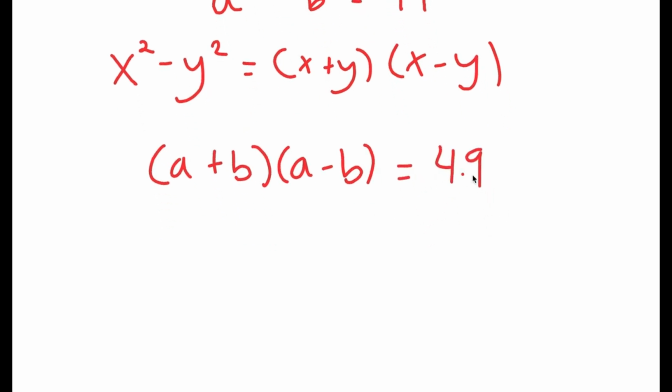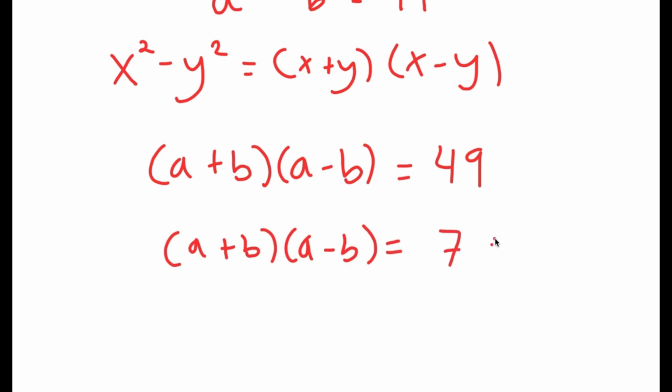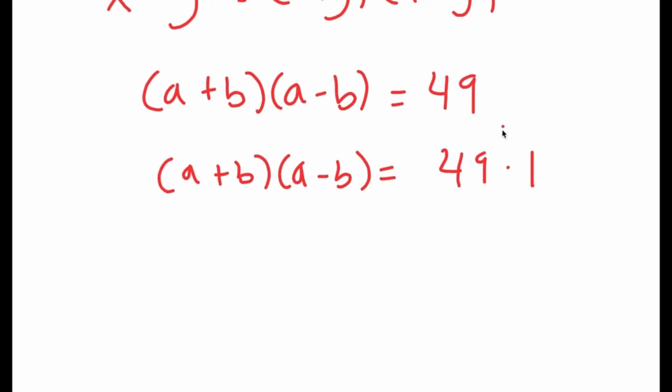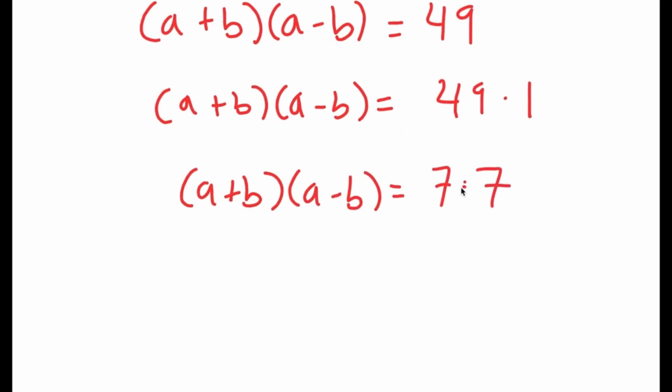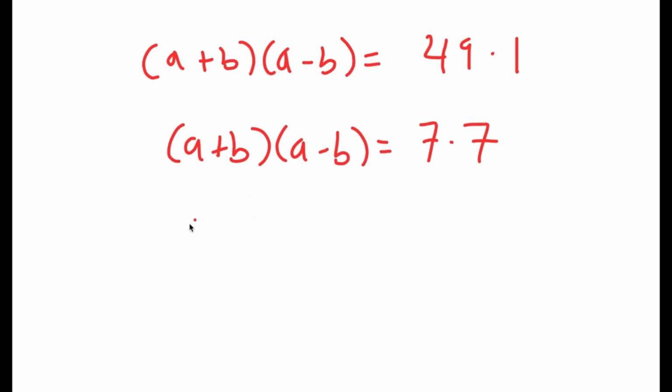Now from here, I can rewrite 49 as 49 times 1. 49 is equal to 49 times 1, so that's true. And this I can rewrite as 7 times 7. Now, we obviously know that a plus b is going to be greater than a minus